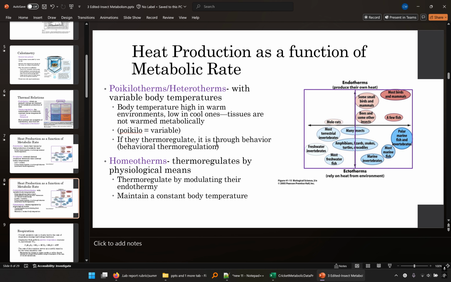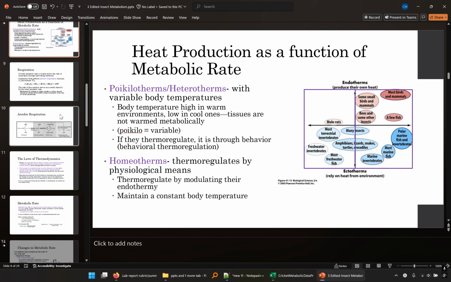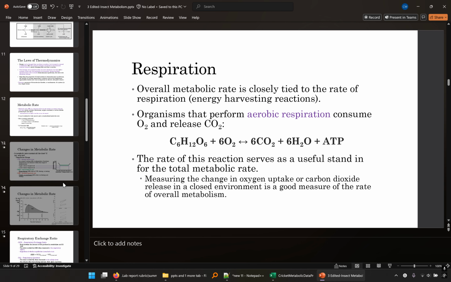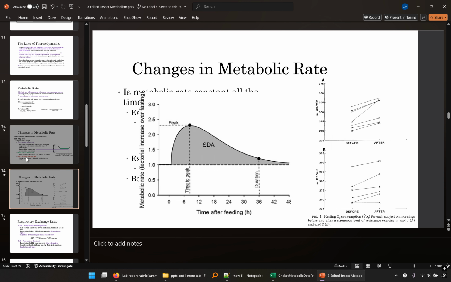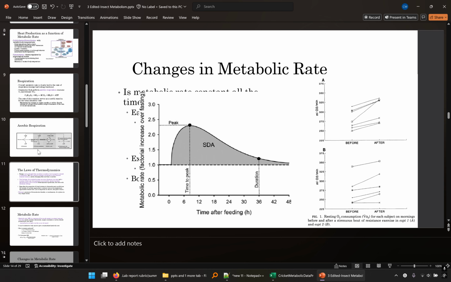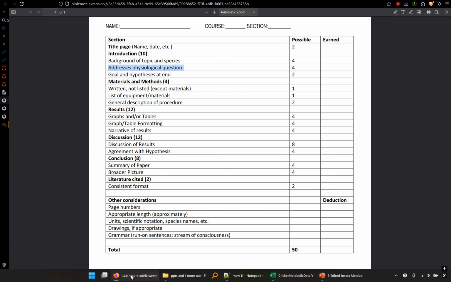So it actually is dependent on its environment, on its activity, and that directly changes the amount of respiration that's possible. Within this thermal neutral zone, this is talking about homeotherms, but its metabolic rate is variable for whatever. This is more involved within homeotherms, but